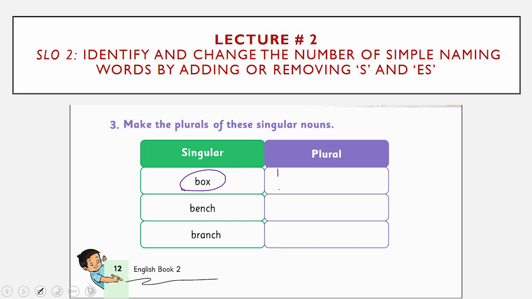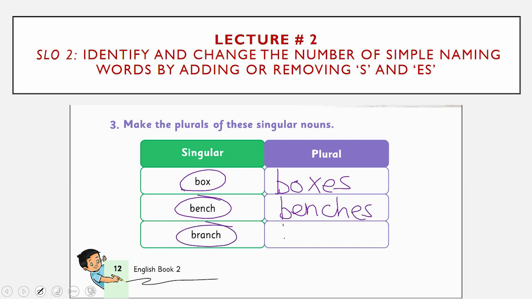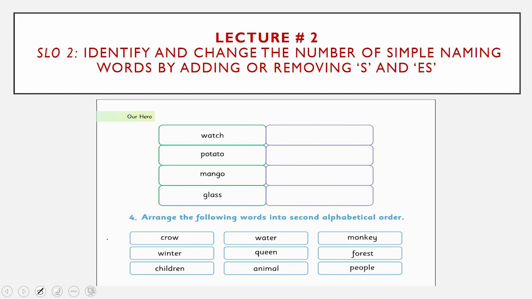Box, boxes. Bench, benches. Branch, branches. Once you're done, on page number 12, you need to move on to page number 13